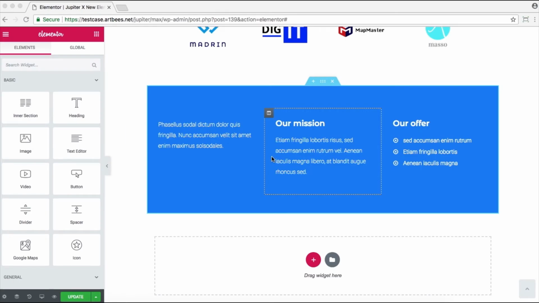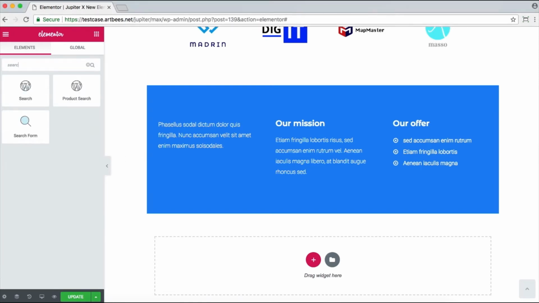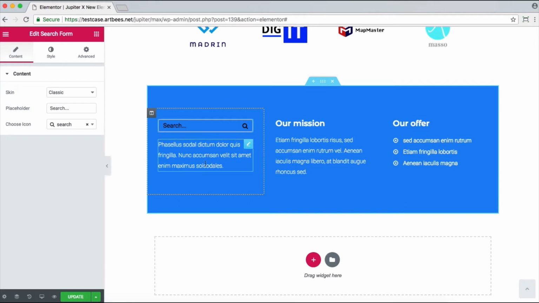How about having the search field as an element in Element Library? Well, we made it possible. For that, you just need to search, and drag the search right to the point that you like, and that's it. Now you have the option to play with the appearance, maybe turn it to classic or full screen, by which